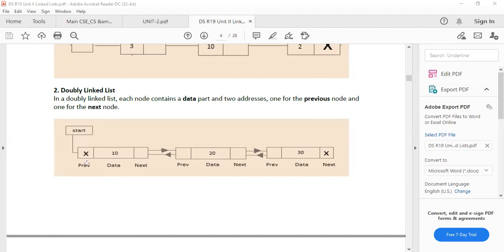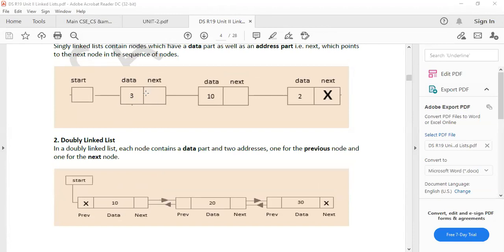Okay, here I already told you the double linked list consists of three parts. Here one thing you remember: the data field holds all the data you should write, and you can store different fields in this data field. For example, I am storing only one integer value. If you want to store employee details or student details, how many fields are there? For example, roll number, name, section, or different fields.